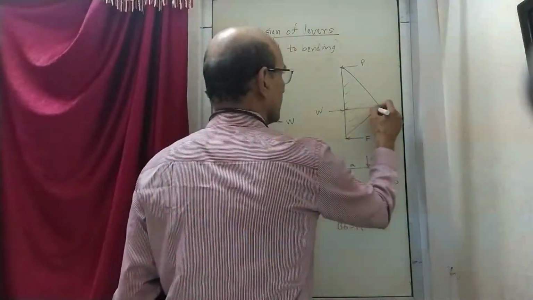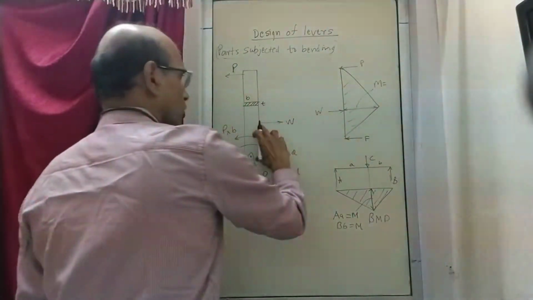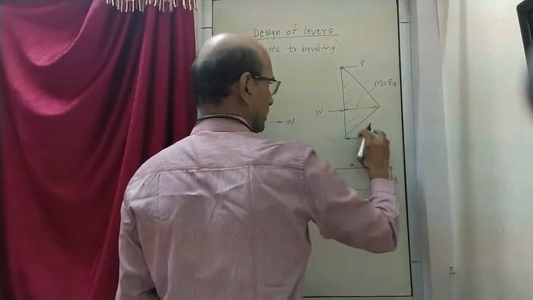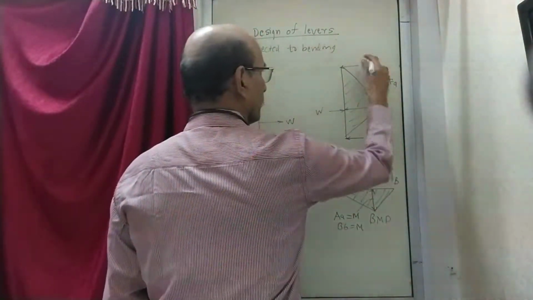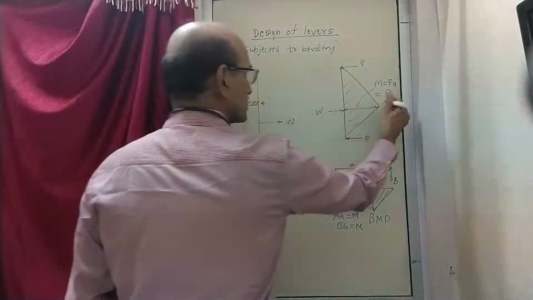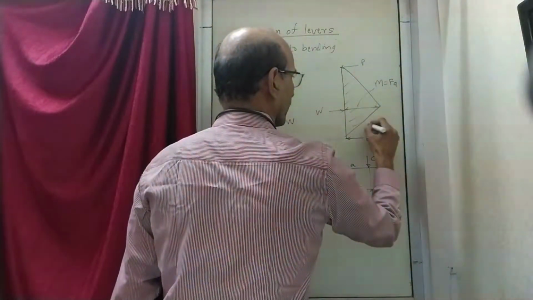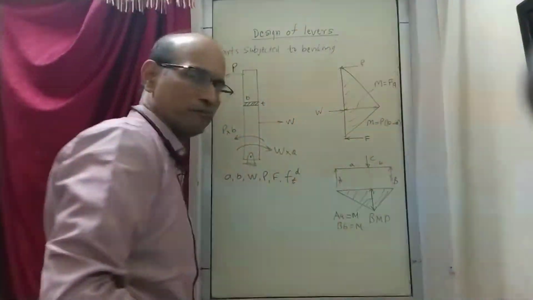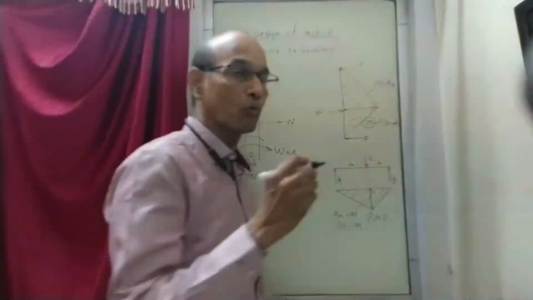And this is the maximum bending moment, which is equal to how much? This force W into this distance, or rather F into this distance. F into A is F acting at a distance of A, or it could be P acting at a distance of, this was I think B, so B minus A. It will come the same. So by some means you will find out what M is. M is the moment acting, and that moment is maximum here.